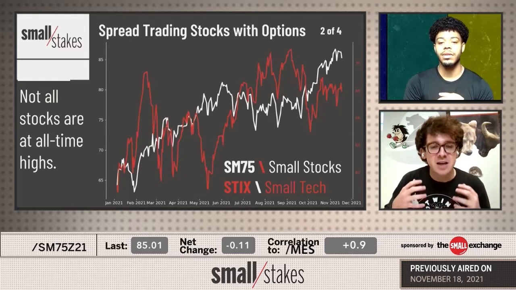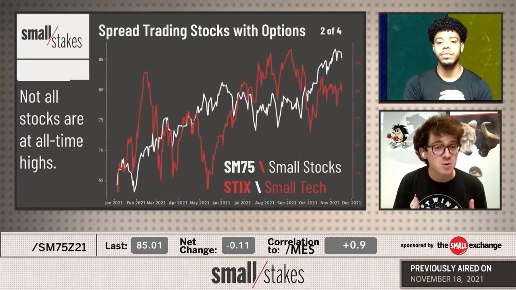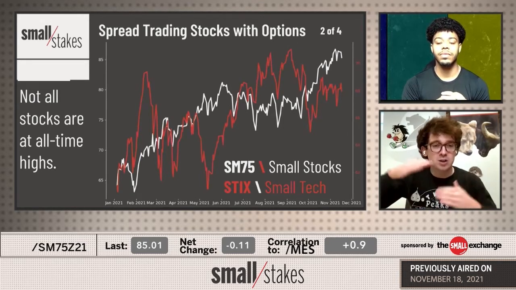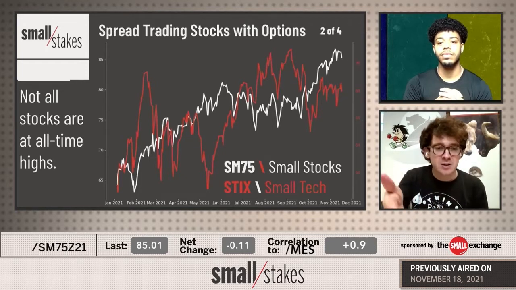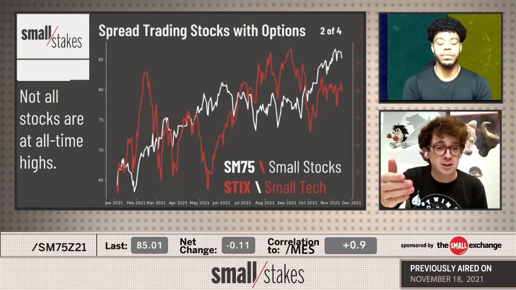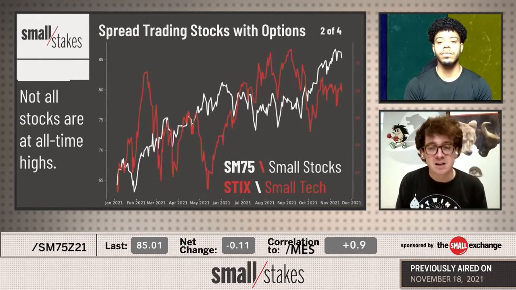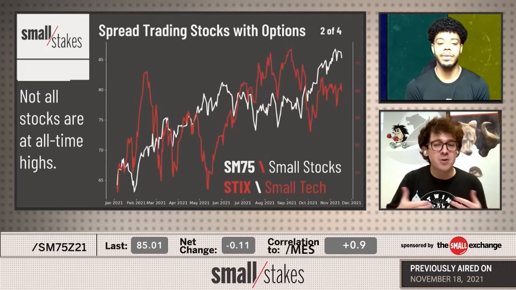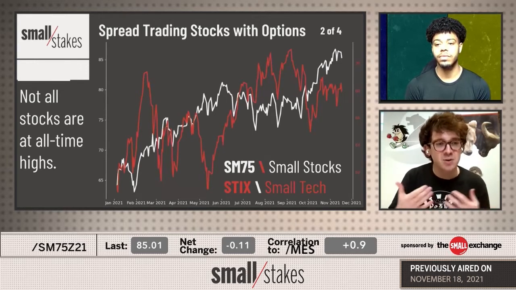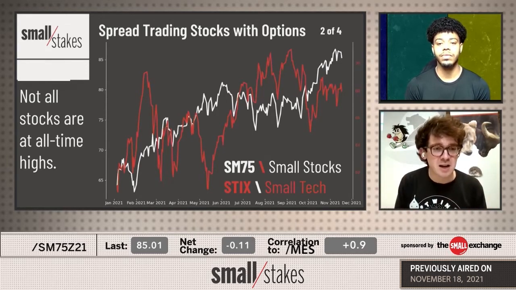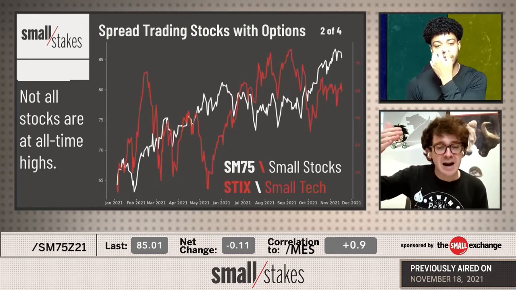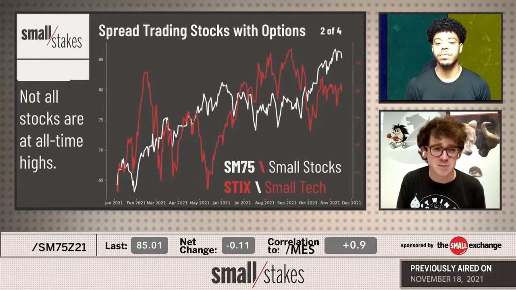But that sweet spot tells me, okay, these things tend to move in the same direction, but they're going to give or take. Like I said, at the start of the year, Errol, we were selling technology stocks and buying the small stocks market here. And that trade, as you can see, came in. And now it's later in the year and the other market is outperforming this one, but they're both up on the year, right? They both are trending in the same direction. But since their correlation is only like positive 0.6 or 0.7 or 0.8, they diverge, and they have periods of one moving a lot higher and the other one sitting around unchanged or maybe even edging lower.